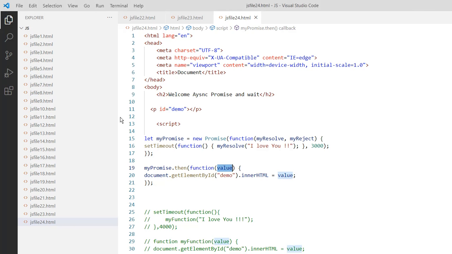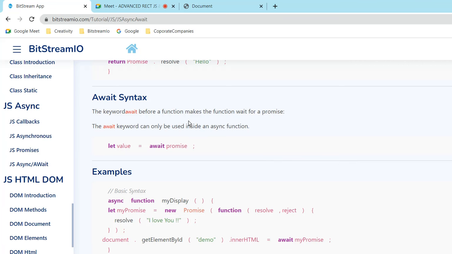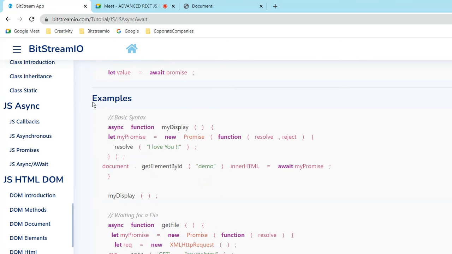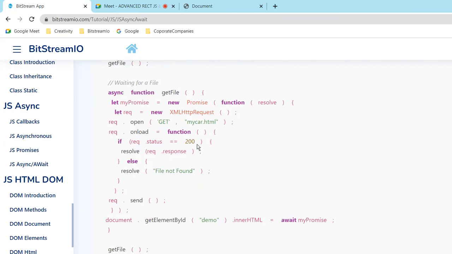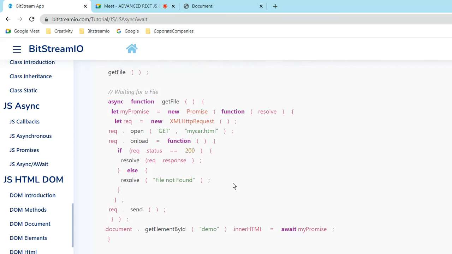Sorry, this example I used, right? For the same example, they are just using the async function, and await will be there. So where is that await? Oh, sorry. In this example, right? See, await is there. Await means we are telling that okay, we have to wait for some